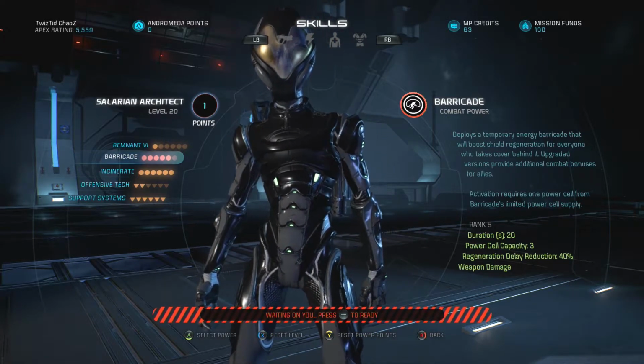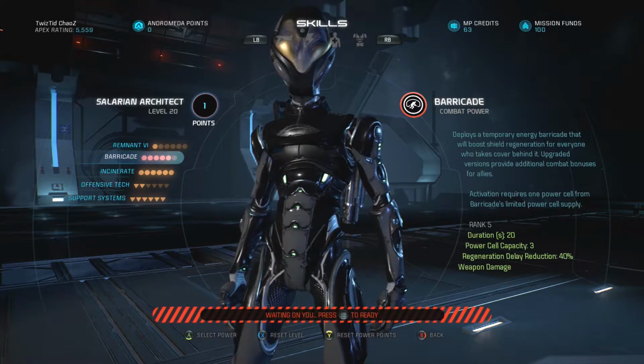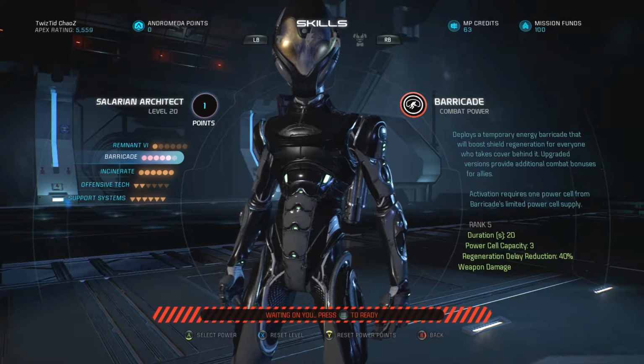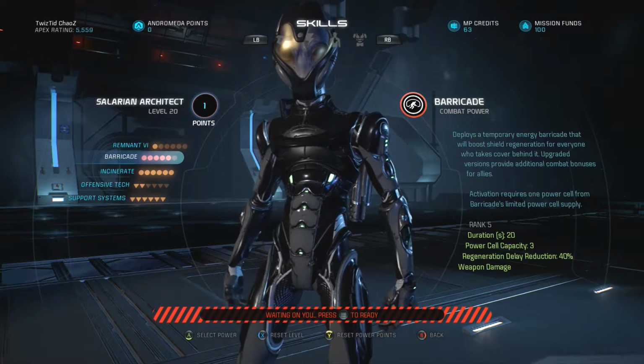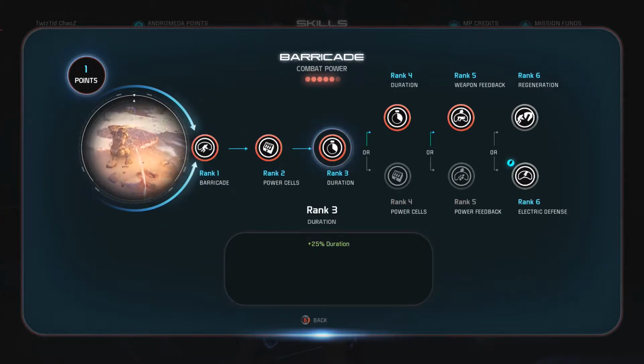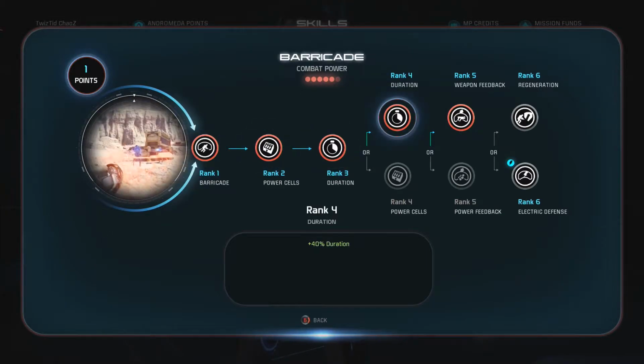Most of the time, the enemies ignore you. I don't know if that's what they're programmed to do, but if you just stay down, you can even just shoot over the cover without aiming, and most of the time the enemies just ignore you. They don't even go for you. So for this, we're going to the skill tree. I didn't max it out all the way yet. I might do that when I get this character maxed out at level 10, but I only have him at level 1 right now. So on rank 4, I went for the duration on the barricade